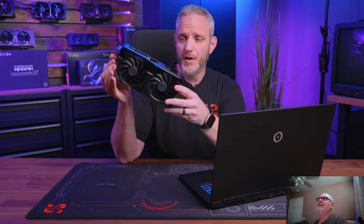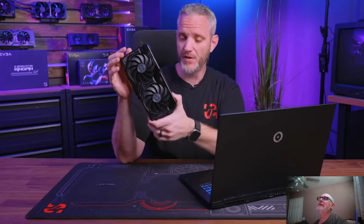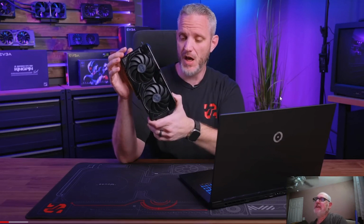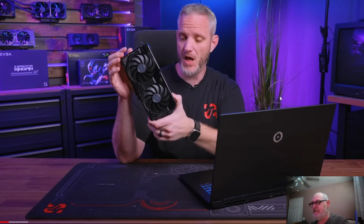You might notice this is not a Founders Edition card. I don't know if they're going to have a Founders Edition 4060 or not. That is a shame that Nvidia is not going to have a Founders Edition card. There's a lot of people that look forward to the Founders Editions. They would rather have every SKU in every series have a Founders Edition. That would be a great collector's piece for the enthusiasts that are collecting these pieces, because it's not that they're not collecting the AIB cards, they're collecting the AIB cards as well, but there's more